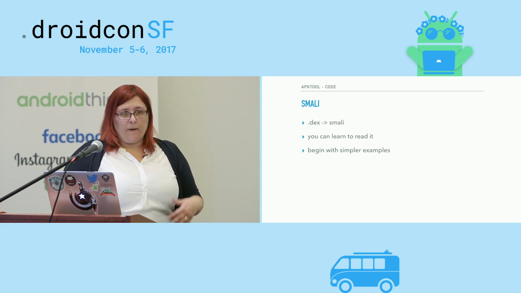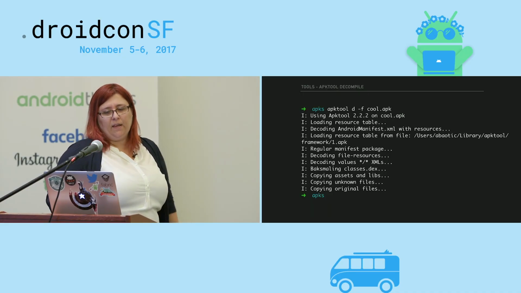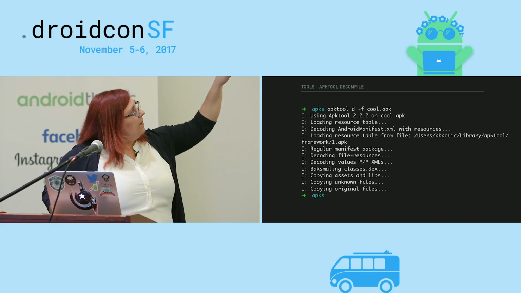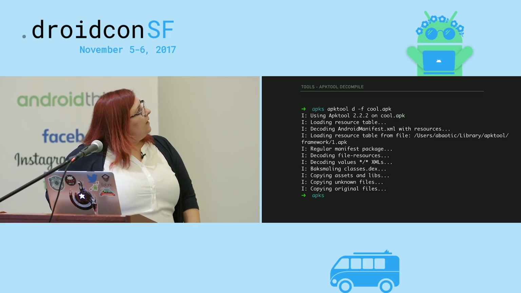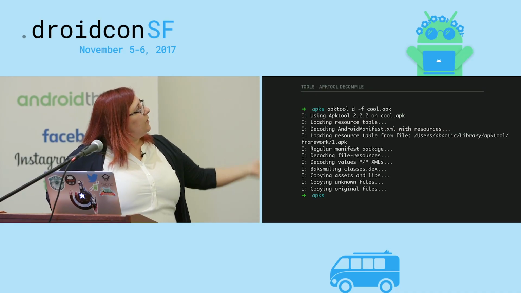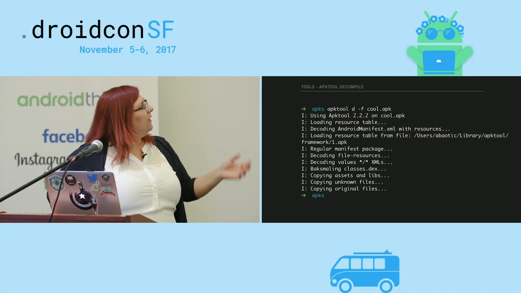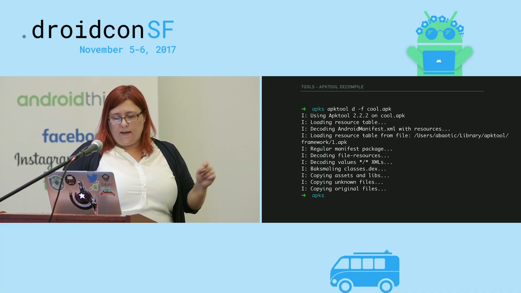So you can baksmali your own code. Sounds rude, but it's actually quite useful. So let's take a look. If you use the APK tool with d -f cool.apk, you basically get this output, which tells you that it's loading the resources table, decoding the manifest, loading resources again, decoding. And when you take a look at what the output is,